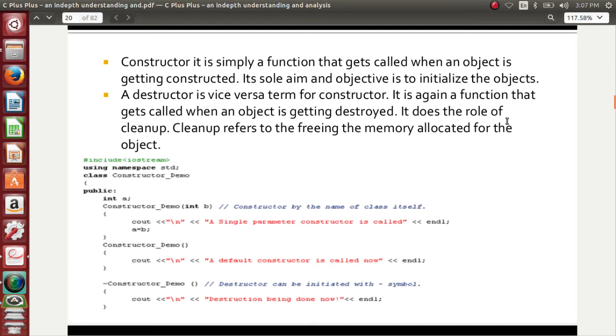A constructor is something which is used to initialize an object. It is like you are given a plate for eating. The plate is a little nasty. So what will you do? Will you eat the food with the same plate without cleaning it? You will obviously clean the plate before you use it.